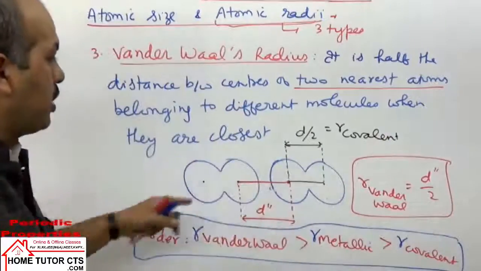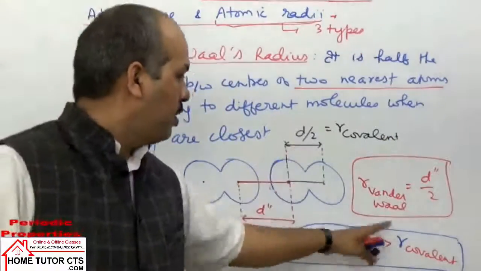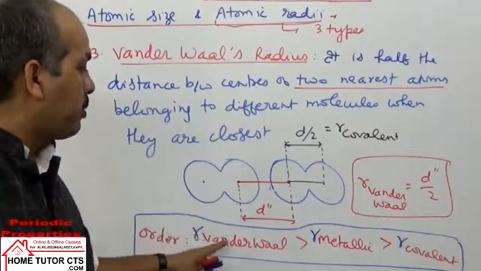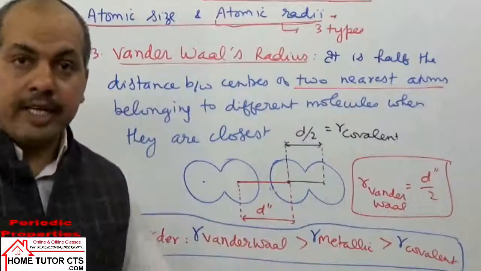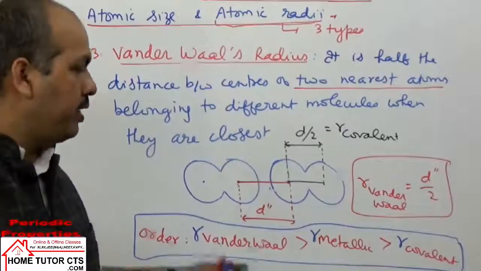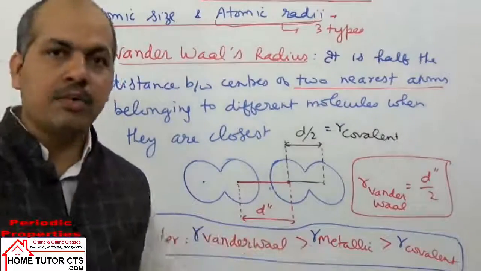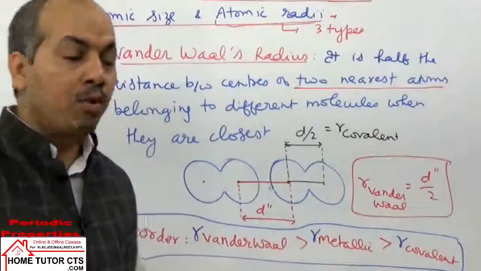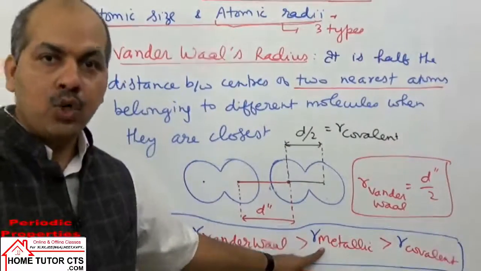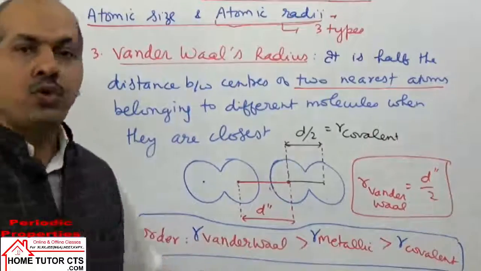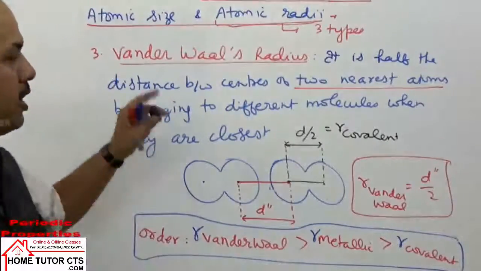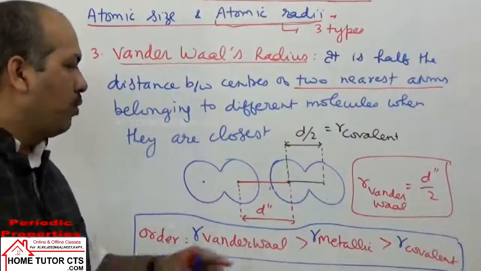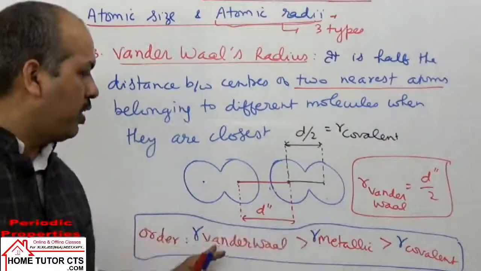So you can see clearly that covalent radii are minimum for the same element, whereas van der Waals radii are maximum. When we take metallic radius, if the element is a metal, then the radius of the metallic form is intermediate. It is more than the covalent radius, but lower than the van der Waals radius. I hope it is clear. We can measure three kinds of radius of the elements: covalent, metallic, or van der Waals.